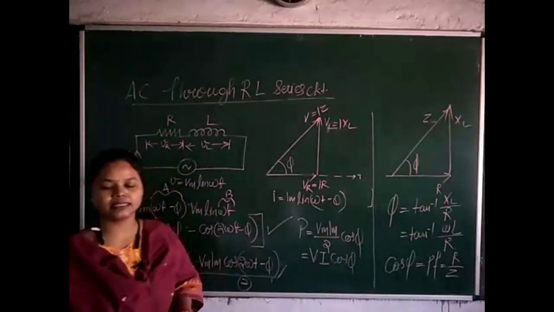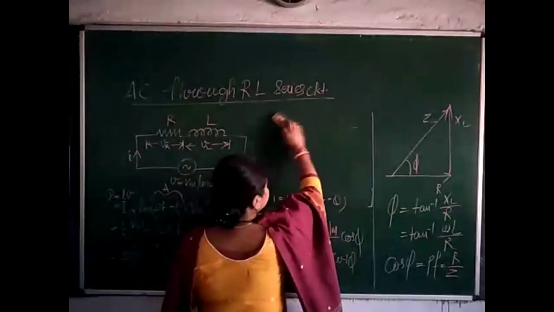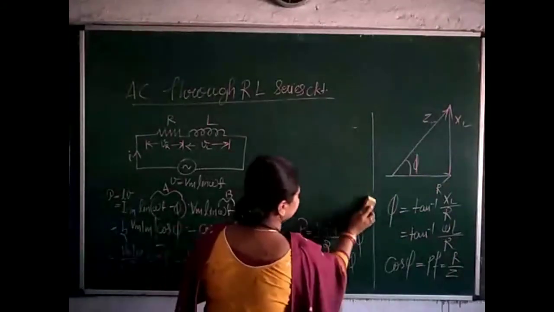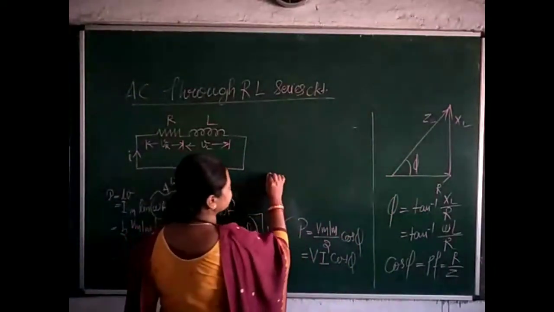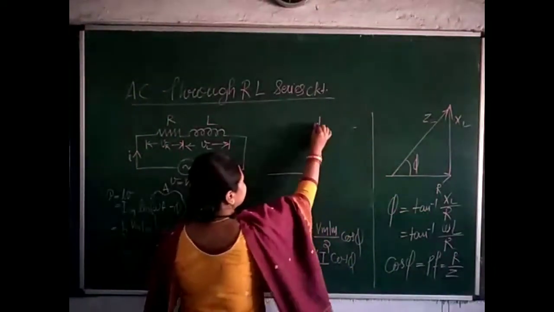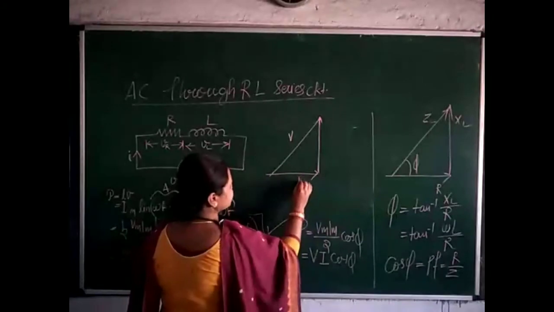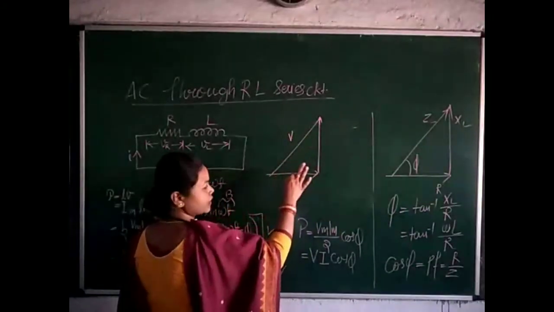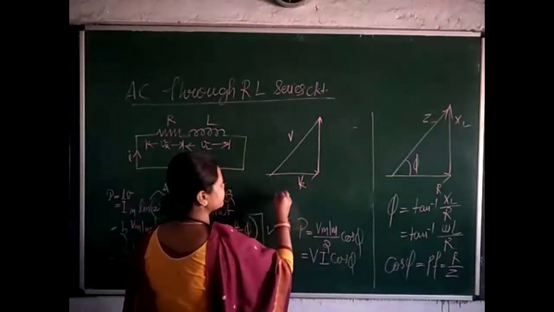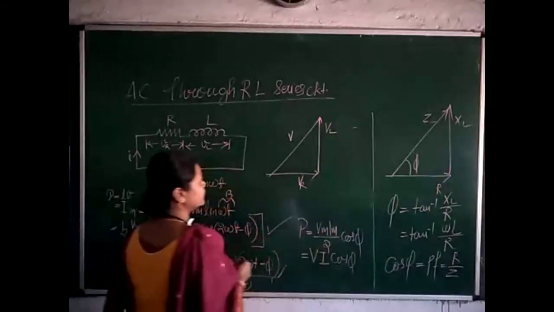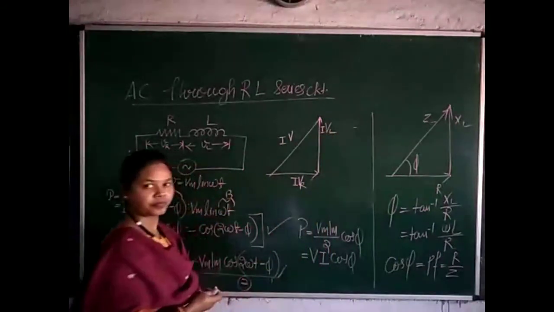Power triangle for RL series circuit. I raise this portion, students. Just I draw the image of this diagram, the voltage triangle, same one I have drawn here. This is the total voltage. Here I draw the voltage triangle first, and from that voltage triangle I will draw the power triangle. This is the voltage across the resistor, voltage across the inductor. Just I multiply here I. Now it becomes power. Okay.